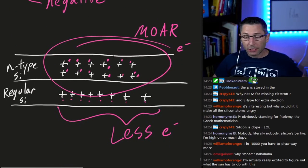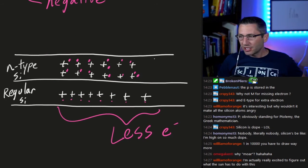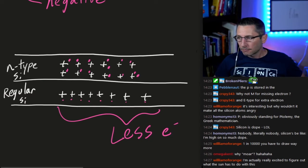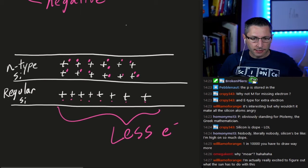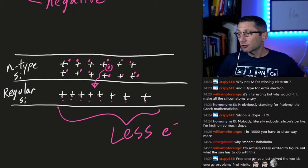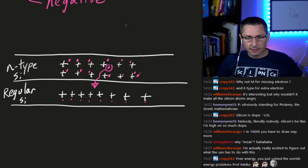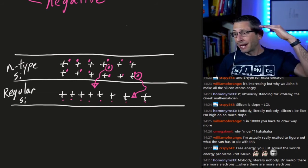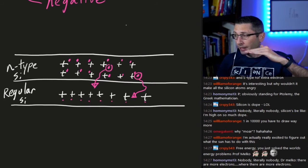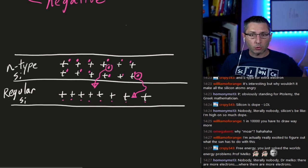Okay, so if you have more electrons up here and they're diffuse, you're going to wind up with a general migration of some of these electrons down. So this electron here is going to be walking around, and it might find its way down here. Why? Because there's fewer electrons down there, and by comparison, more positive charge. So it sort of migrates down there. And this other electron from this phosphorus dopant might also diffuse around and find its way down there too. And so what you have now, just by layering N-type silicon on top of regular silicon, is you've created this electron migration, and you've set up what will be